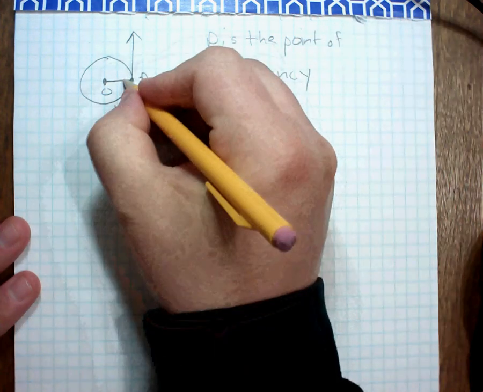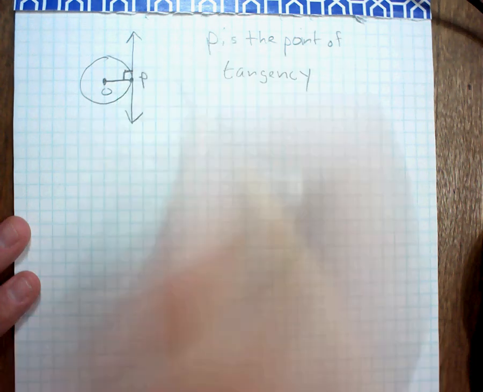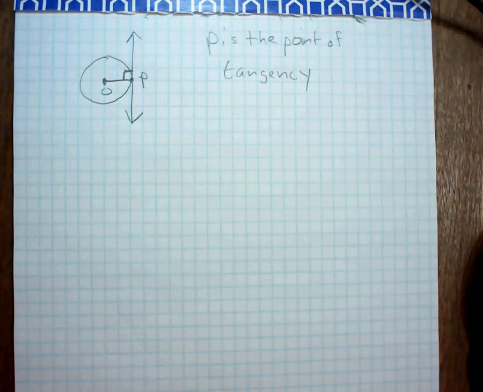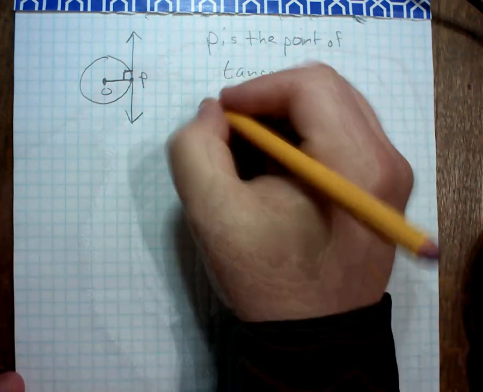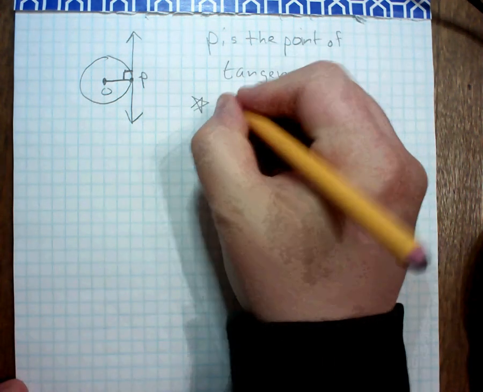One thing that we know is that it's called a point of tangency. You can really only have a tangent line and a point of tangency. But basically, tangent lines